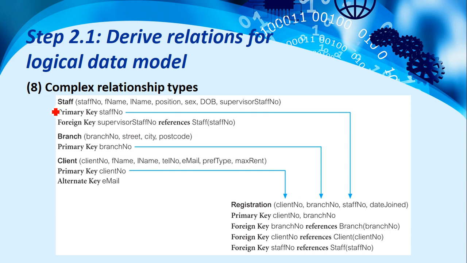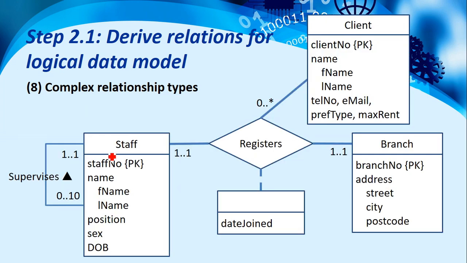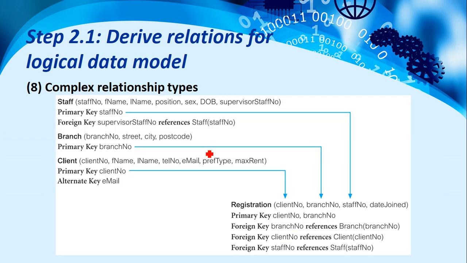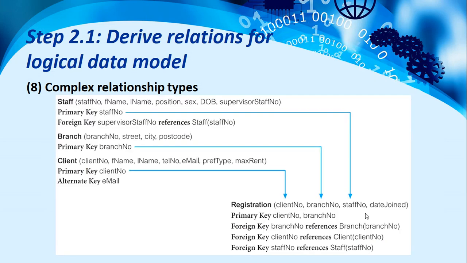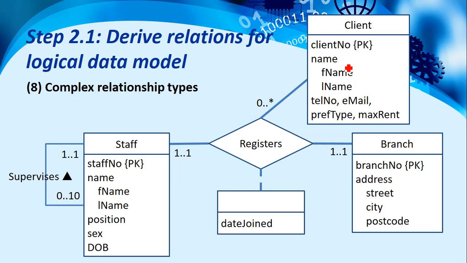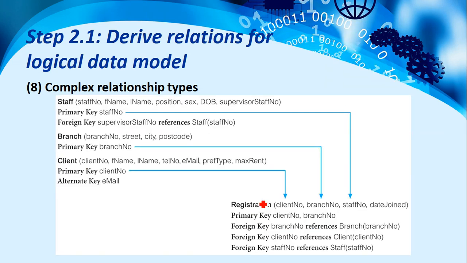So this stuff was just derived from here. The branch came from here. Okay, kung ano yung mga nakalagay dito. Client, this also came here. Okay, and then we have a new relation. So ito, dito siya existing from, this one doesn't exist from the